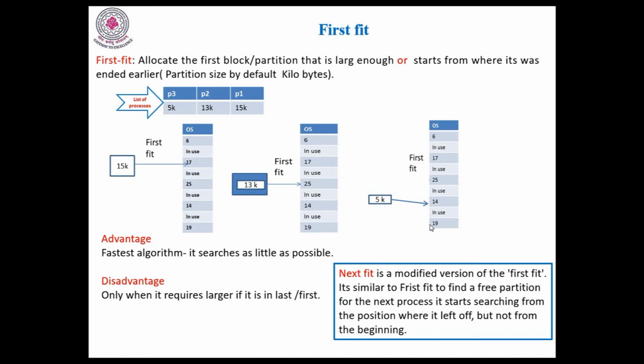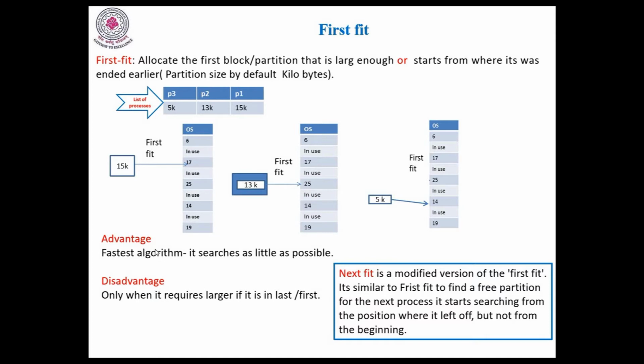But you see that in these freely available blocks, 6K is also available. But I am not able to go back as per the definition of the first fit algorithm. It allows forward looking, not backward looking. So due to that reason, I am allocating this partition for this process, even though an exact suitable partition is available. Due to this problem, there is more internal fragmentation: 9K. If I could use the other partition for my process, the internal fragmentation would be only 1K. So this is the drawback of first fit.